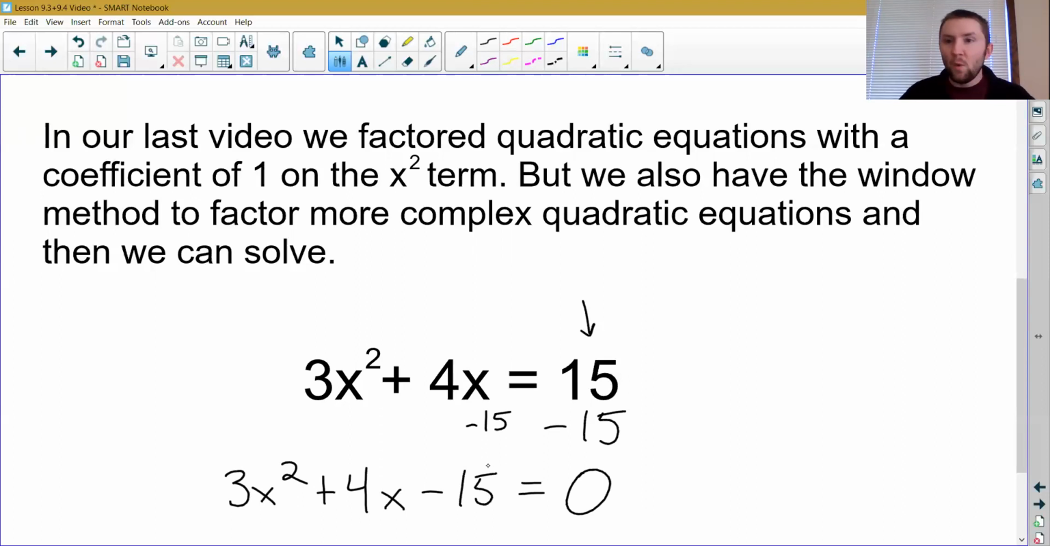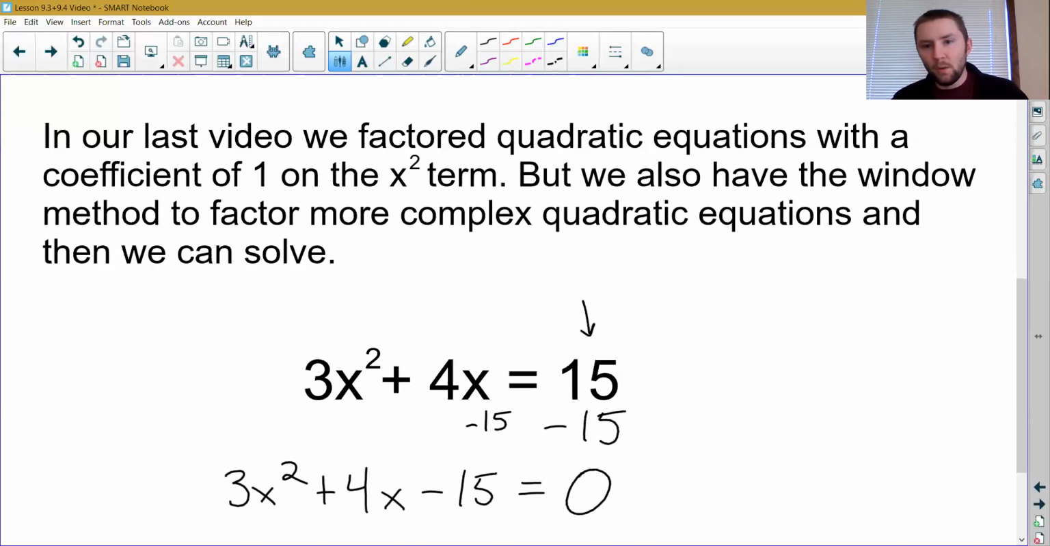So just be aware that if the quadratic equation is not currently equal to 0, you're going to have to minus or possibly add things on both sides so that one side becomes just 0. Right? And generally,